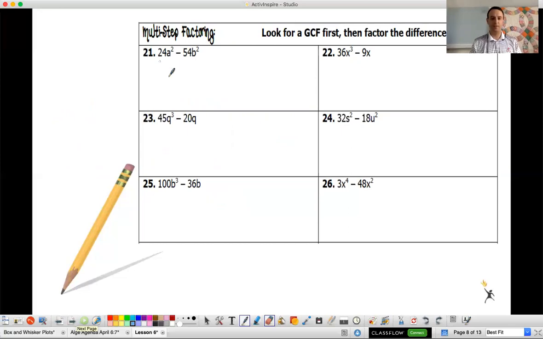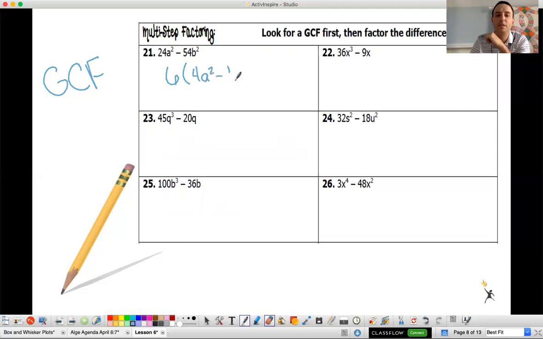Neither of these are perfect squares, but we do have to check for the GCF first. If we take a look at both 24 and 54, what number goes into both of those numbers? 6. Exactly. Well done. So I factor my 6 out, and I'm left with 4a squared